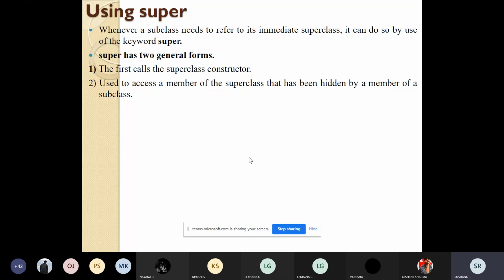First we created the default constructor, then the parameterized constructor, then we added a function called volume to calculate the volume. That is the result of width into height into depth. So all these things we did.